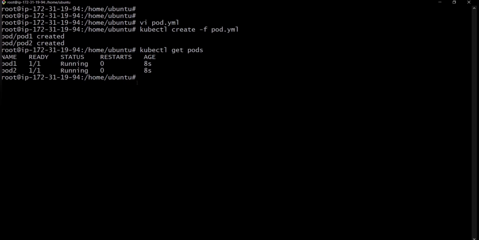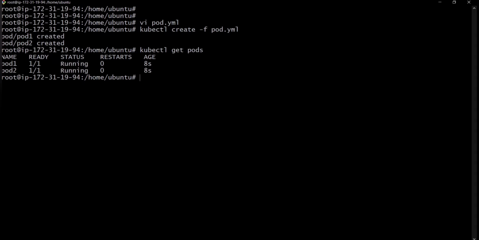Now if we run the replica set, in which we have defined 3 replicas, and in these 2 pods the label is the same as the one we defined, then once we execute the replica set it will only create 1 pod, because 2 pods already exist with the same label.